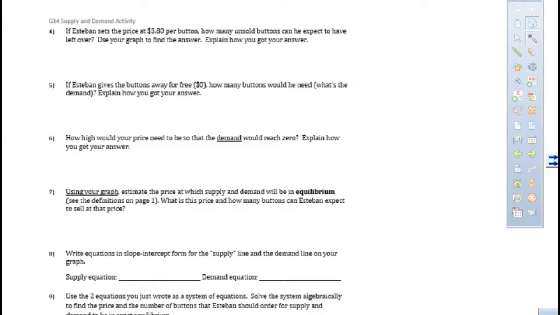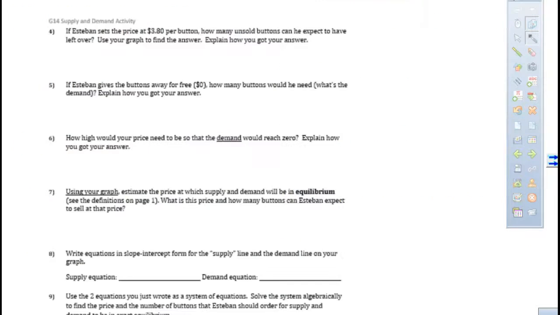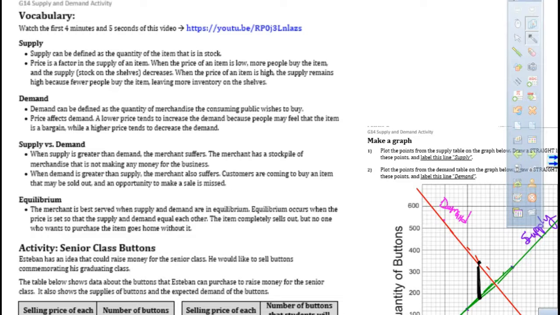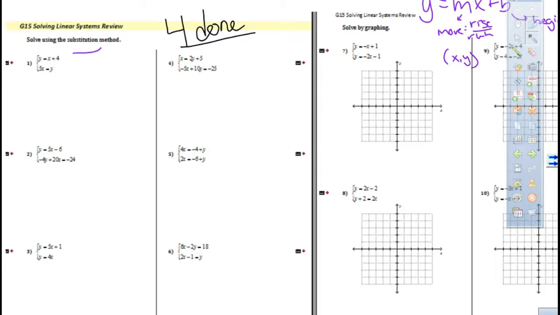You'll have today and tomorrow to work on this. My hint might be that if you have not finished G12, which was assigned last week, to do the 10 equations, writing them, I would probably do this because 12 and 15 must be completed in order to take the test. And this activity will count for a homework grade. But if you haven't done the graphing and all of 15 and 14, you will not be able to take the test. So we're going to start today where you are working on your